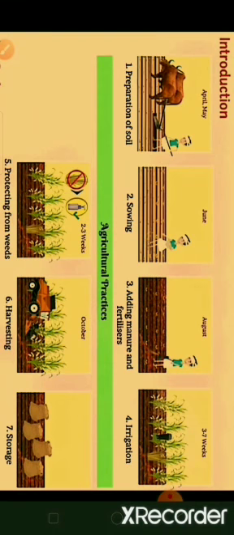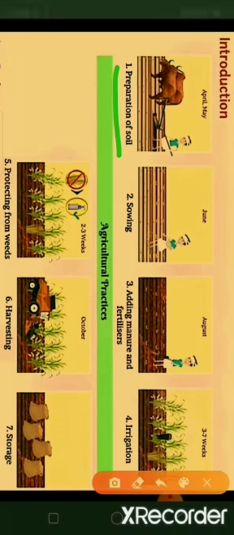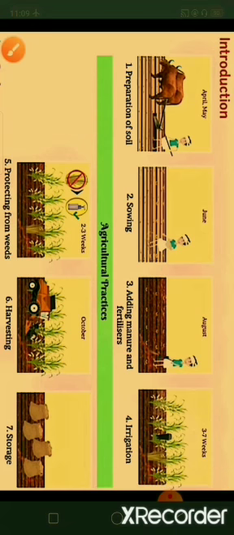In the earlier video we saw that when crop production has to be done, the farmer needs to follow certain steps that are very important. In the first video we saw the preparation of the soil. Now we will see which implements are used for plowing the soil. The main tools used for preparation of soil are plow, hoe, and cultivator.